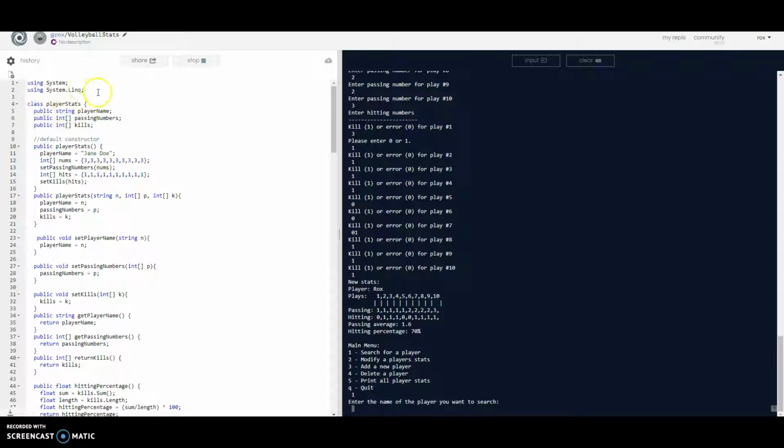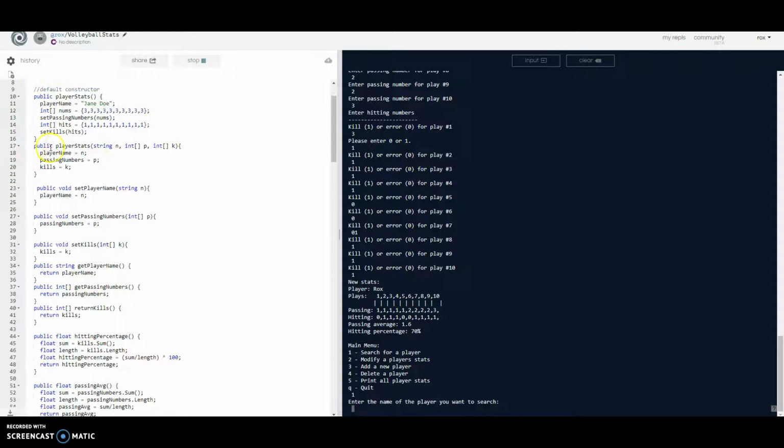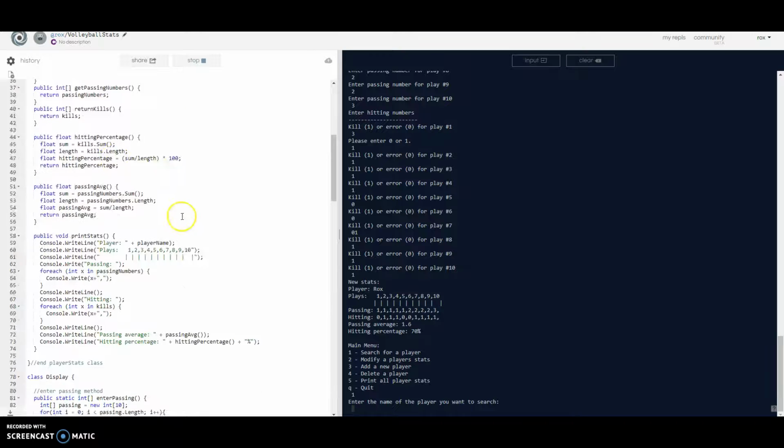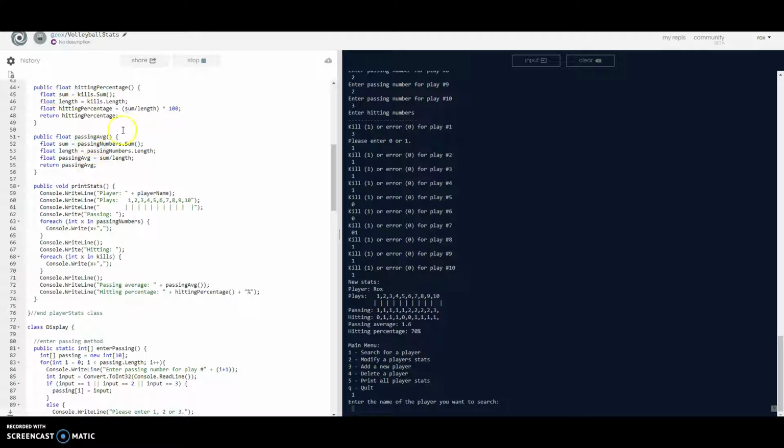So I open with my player class, and I declare all my variables. Here's my constructor for that array, and then the constructor where I input it with certain given values. I have all my set and my get methods, and then here are my two methods where I'm making the